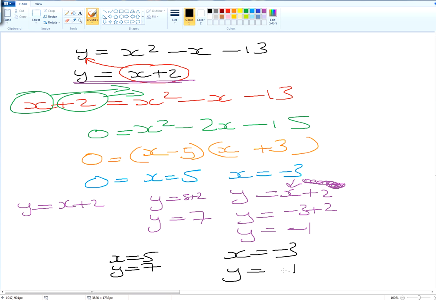y is equal to minus 1. Okay, there's the two solutions for that other example. Okay, are we happy with that? Okay, now, what we're going to do now, folks,